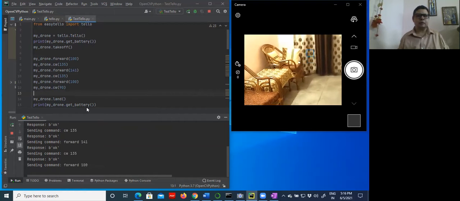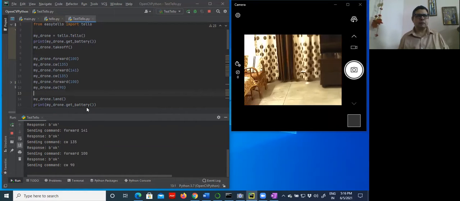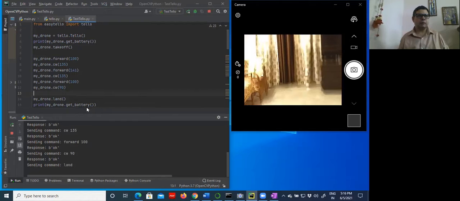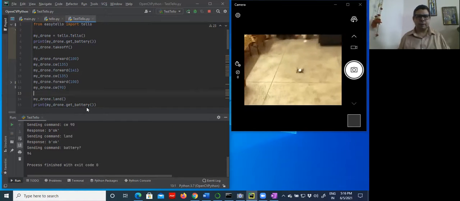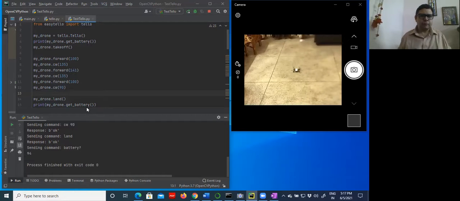Then it is showing 100 centimeter, then land. So it is showing the complete movement according to our plan. So again we will see it from another direction.